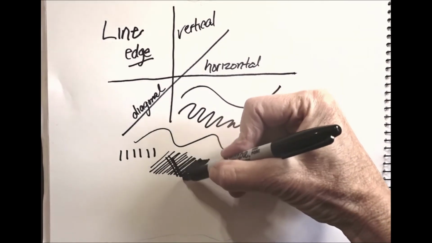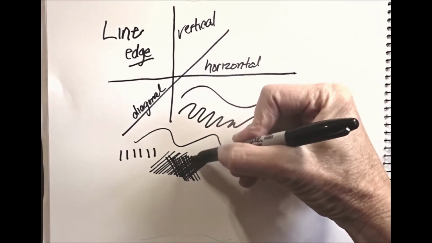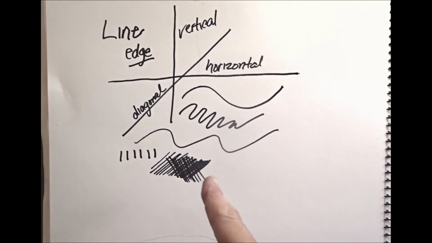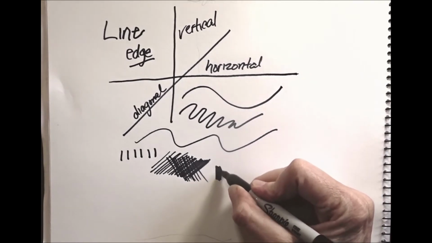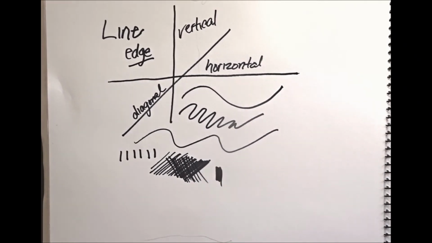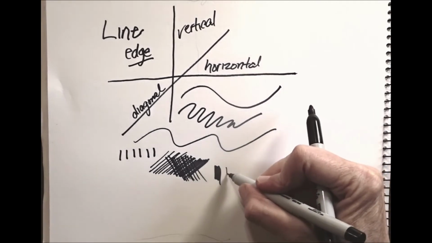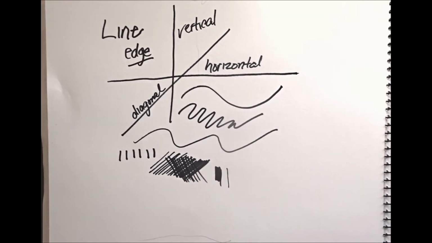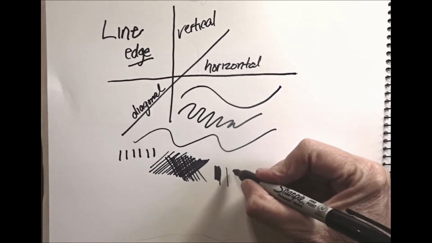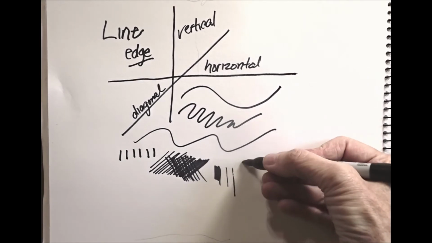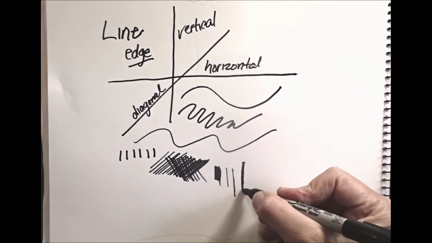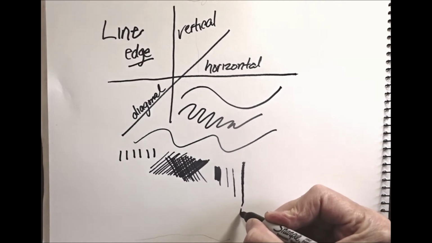But when you crisscross these lines, it's kind of cool. That's called cross-hatching. Again, that's something else we'll talk about a little later. You can also have very fat lines, and you can have very thin lines. I cheated a little bit because I changed my pen, but you can do it without cheating. I can very lightly just touch it. And this is kind of cool because when I take my marker and turn it on its side and then turn it on its tip,